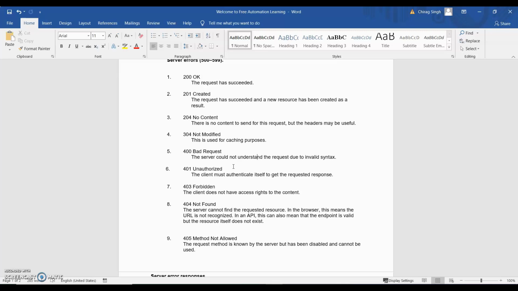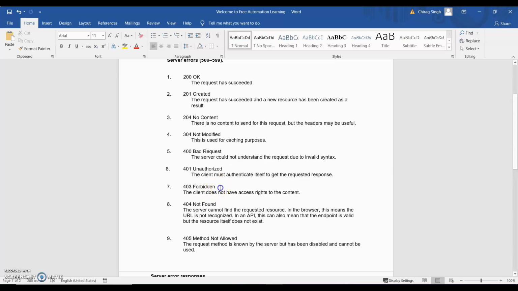401 means unauthorized. It means the client must authorize itself to get the response. In some cases, we need a username and password to access some API or data. If we do not pass that username and password, then we will get this 401 unauthorized response code.